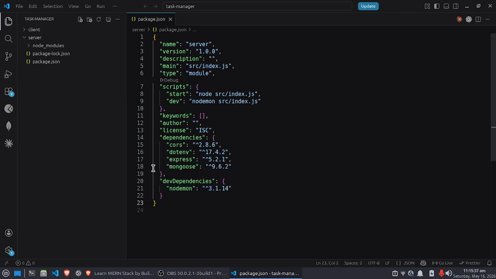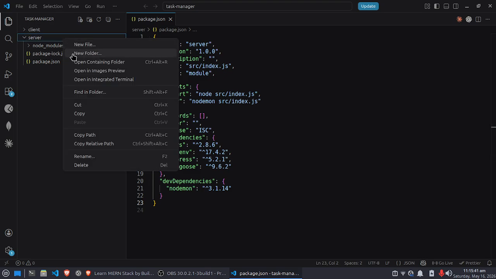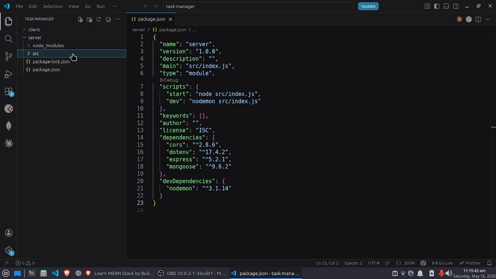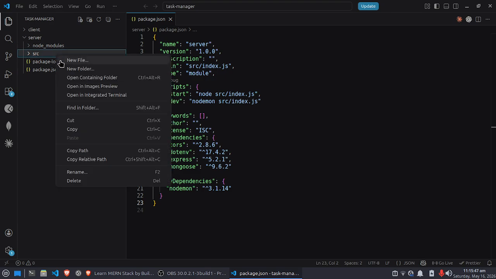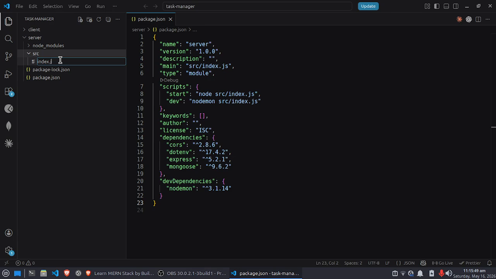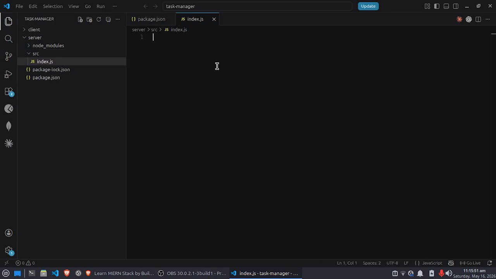Now inside the server folder, create the src. This is the server folder. Create a new folder, that is the src. And inside the src, create a file called index.js. This is our first file actually, and this is our main server file basically. And also create a new file in the root level of this,